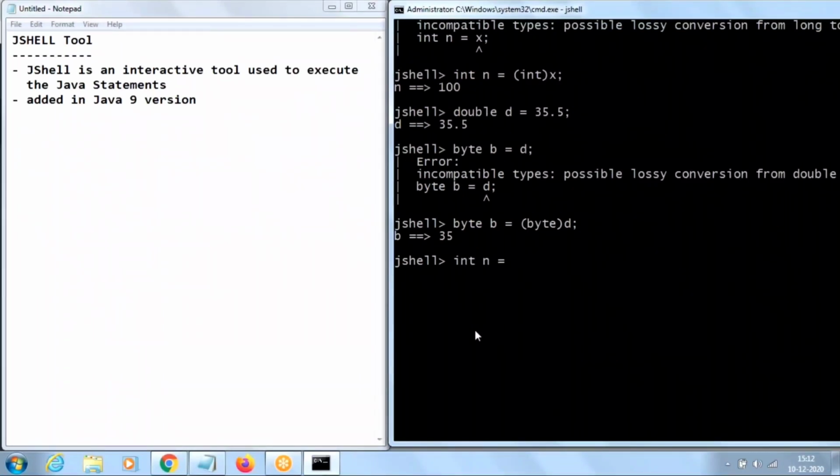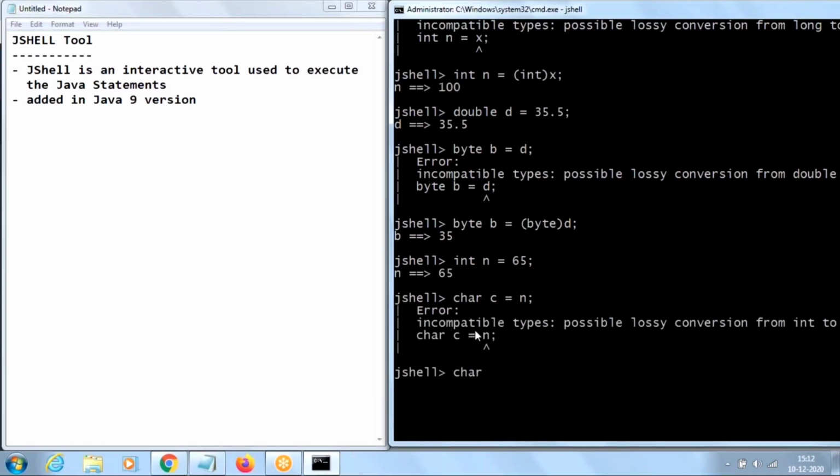If you take an integer n equal to 65 and try to assign it to a char, since char is smaller than int, it goes with an error. To convert into char, we have to provide char in parentheses and say n.